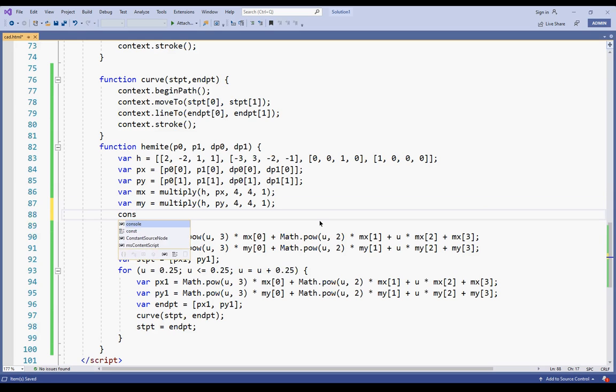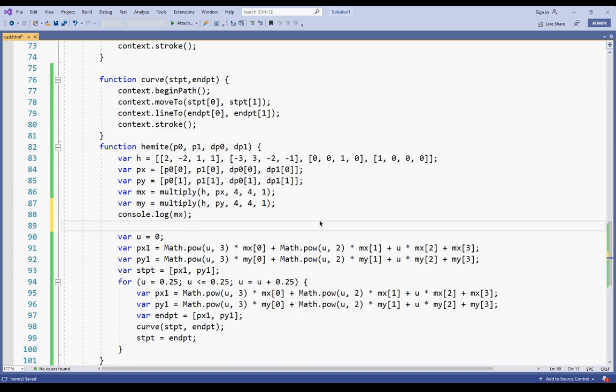First of all, console.log mx, console.log my. I hope we have solved the problem from before.